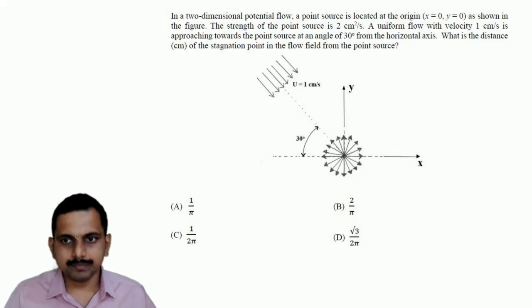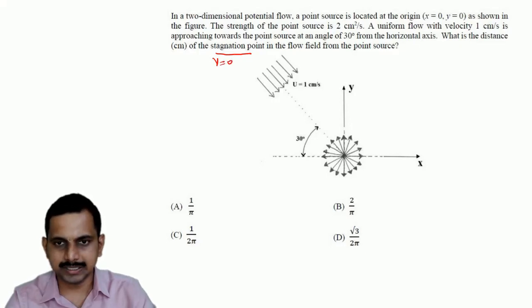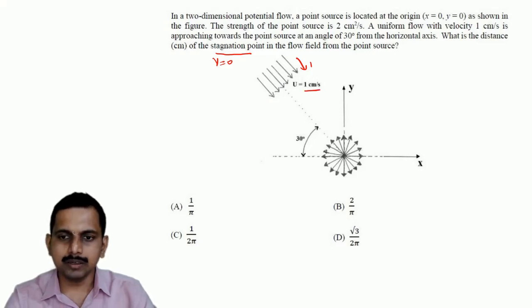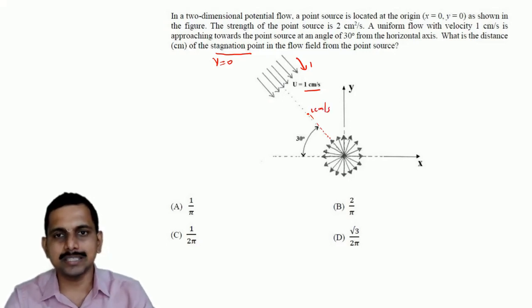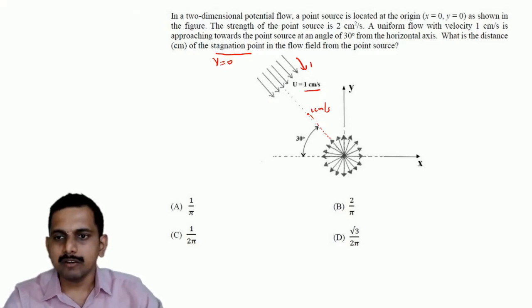Now let us do that. First of all, let us understand what is stagnation point. Stagnation point is the point where velocity goes to 0. Now from here it is going as 1 centimeter per second. Wherever the velocity is going, when it reaches 1 centimeter per second, that distance is the stagnation zone, right? So if I say velocity, the radial velocity in the case of point source, this can be